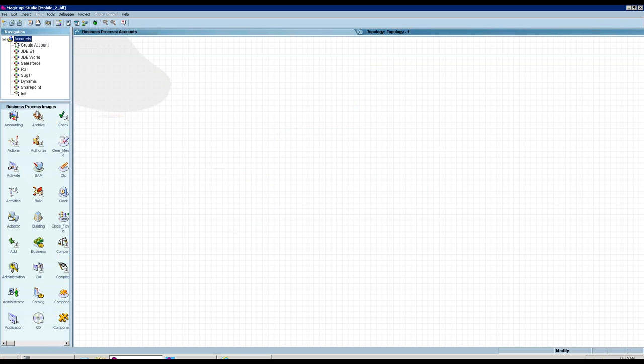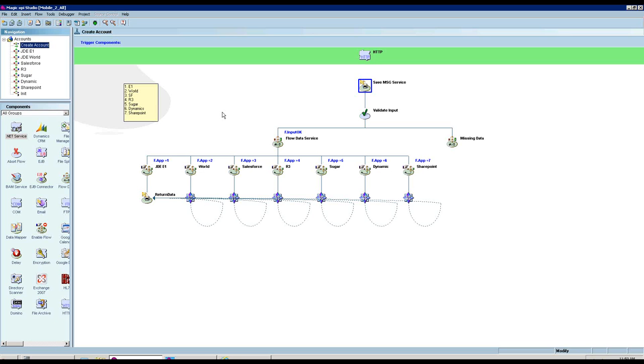This is the first flow. Here we have a business process account, and our first flow is our create account. Now, as I just wanted to reiterate again, Glenn mentioned that the XPA and XPI platforms have a quote-unquote code-free environment. Not 100% code-free, but it's more of a drag, drop, and configure